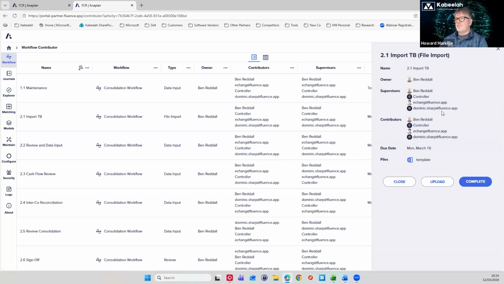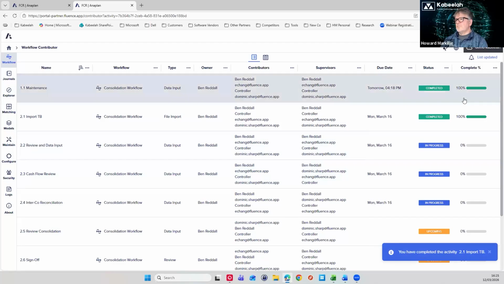But this option of loading a file is still there. We may find that once they've got all the data in, they might need to load, for example, debtors aging information, or they might need to load fixed asset analysis for asset notes, etc. So we can modify this, and we can have multiple different versions of load files with different definitions that we can bring in. So if I click complete on there,